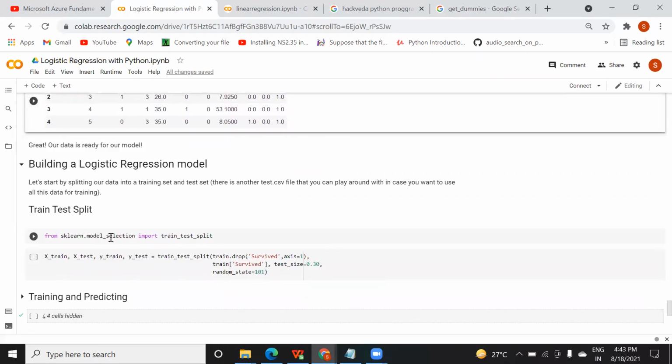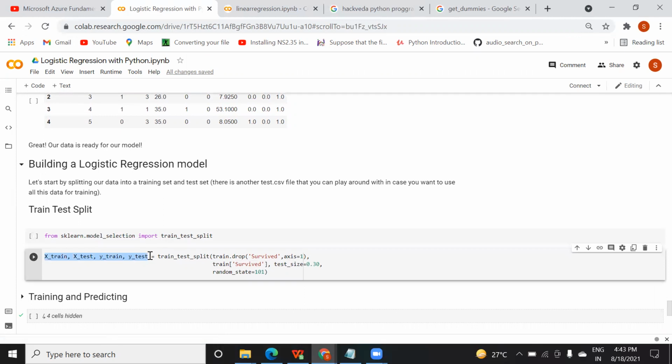Then after that I called sklearn model selection. From this sklearn I just imported train_test_split. I divided the data into train and test. Do you understand the meaning of these four? Yes, the first one is like when we split the data into two, train and test. X is our input, the independent variables, and Y is the dependent variable which we will predict.